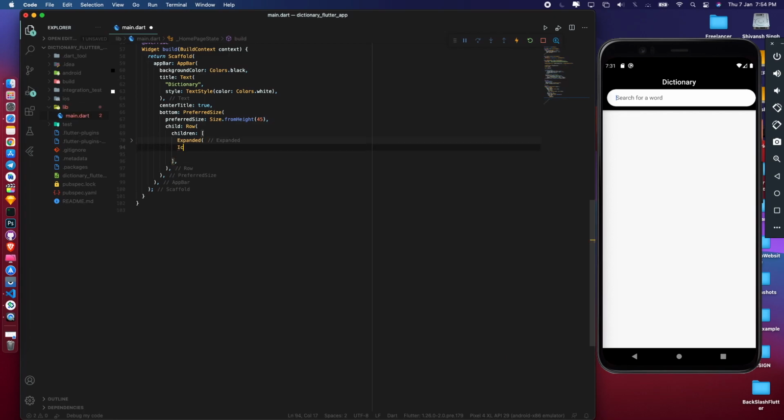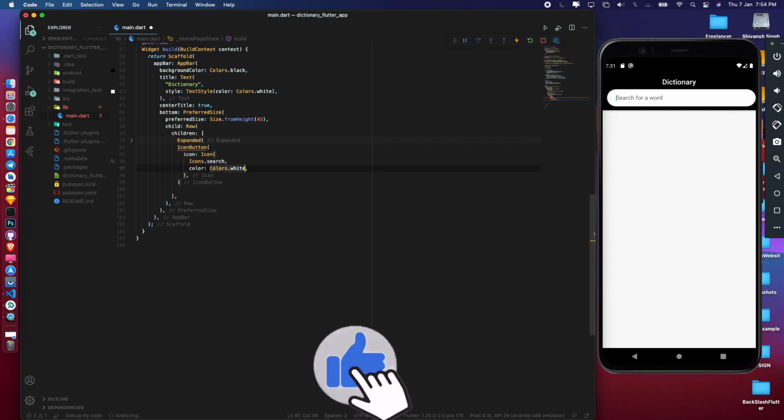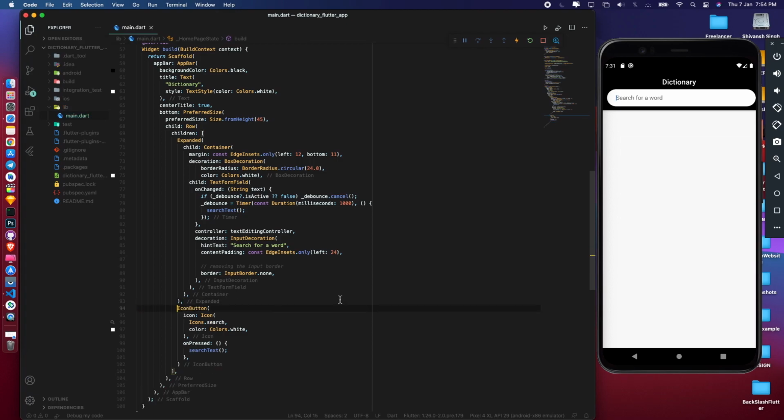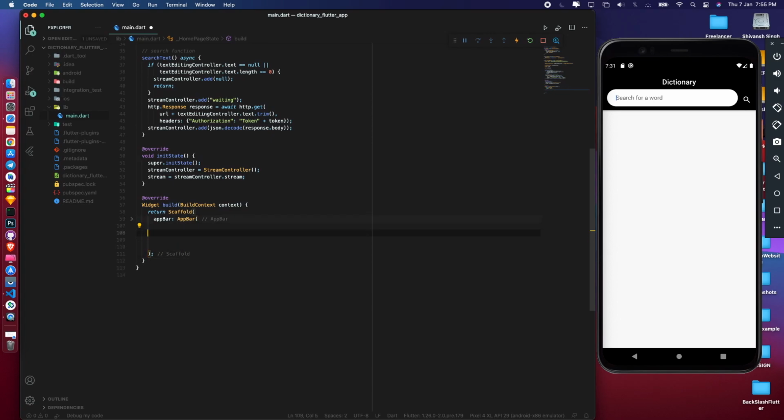We can write icon button, and I need an icon of Icons.search with the color of Colors.white. And when this icon is pressed, I will call my search text function here. Okay, I don't know why it is showing an error. I guess I forgot to add a comma. As soon as I add the comma, all the errors are removed. Now we can see that we have the search button following our text form field.